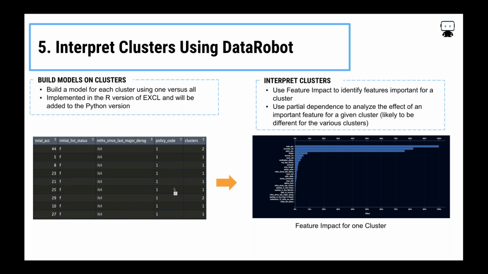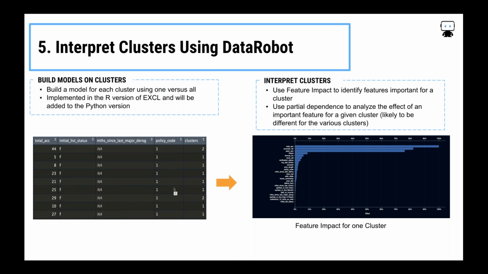Now, finally, if we're going on to how we can interpret clusters using DataRobot, we don't have to stop just looking at means. There's a lot of things we can do, and at DataRobot, we love to experiment and take advantage of our automation. So one thing we can do is to simply go through and create a new project where we're trying to predict if a row of data belongs to a cluster or not. So we could create a number of one versus all projects. So let's say I have 5 clusters.